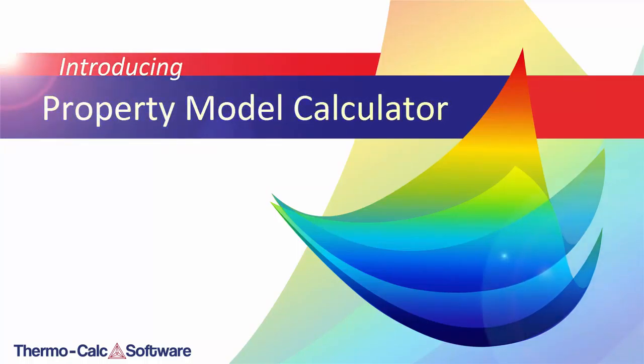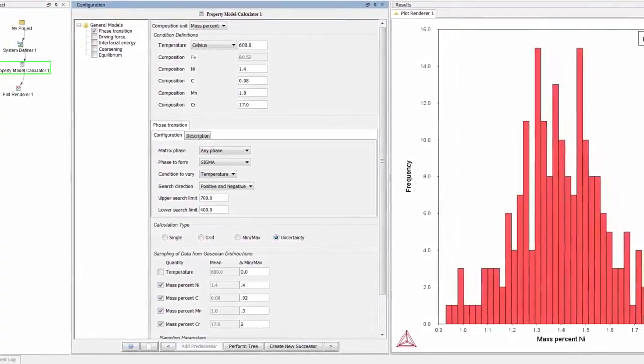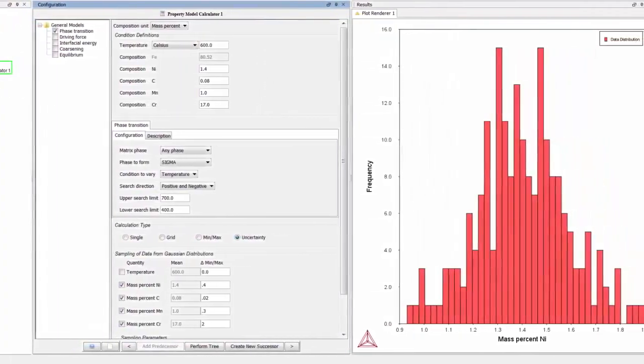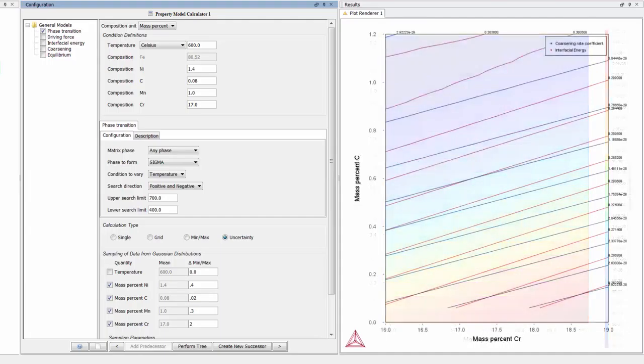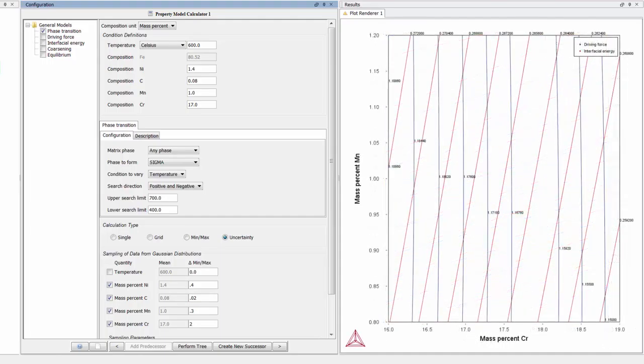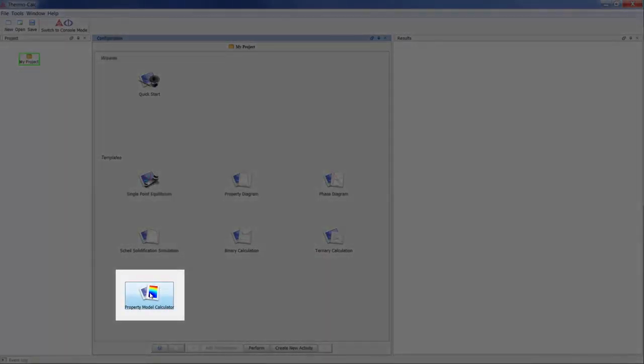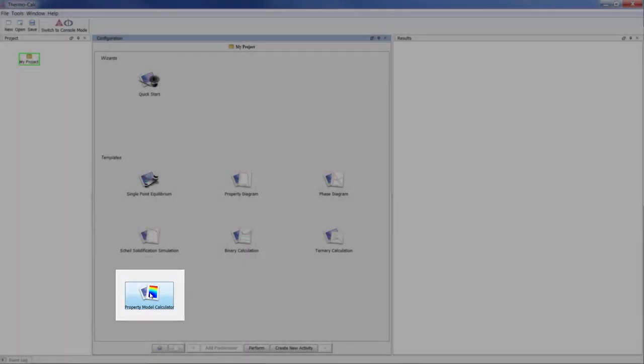Introducing the Property Model Calculator, the newest addition to Thermo-Calc. The Property Model Calculator allows users to predict and optimize properties of materials using models. If you have Thermo-Calc 2015B or newer, simply click on the Property Model Calculator icon from the home screen of